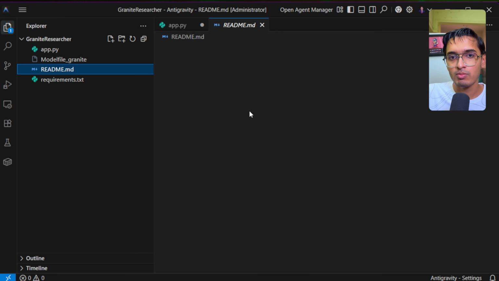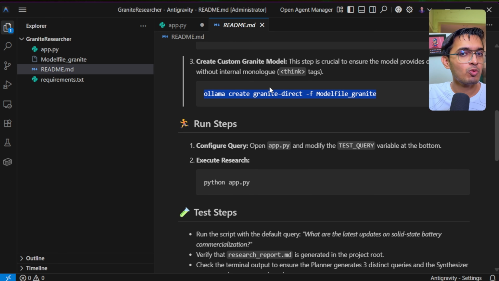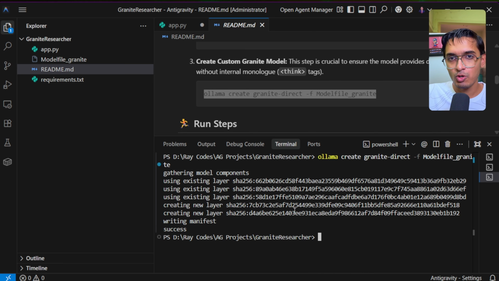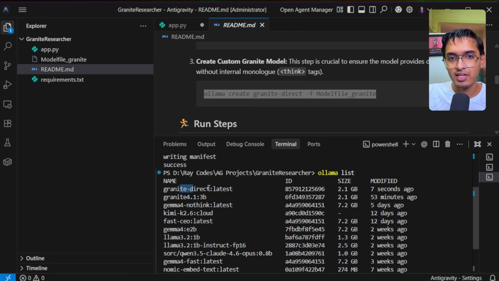To register this model in Ollama, you can use this simple query, which will create a new model called Granite Direct using the model file that we have used here. So again, I'm going to give this query in my Antigravity terminal and press enter. So now the new model is registered here. I can also check it by pressing ollama list here, and I'll see that the Granite Direct model is registered